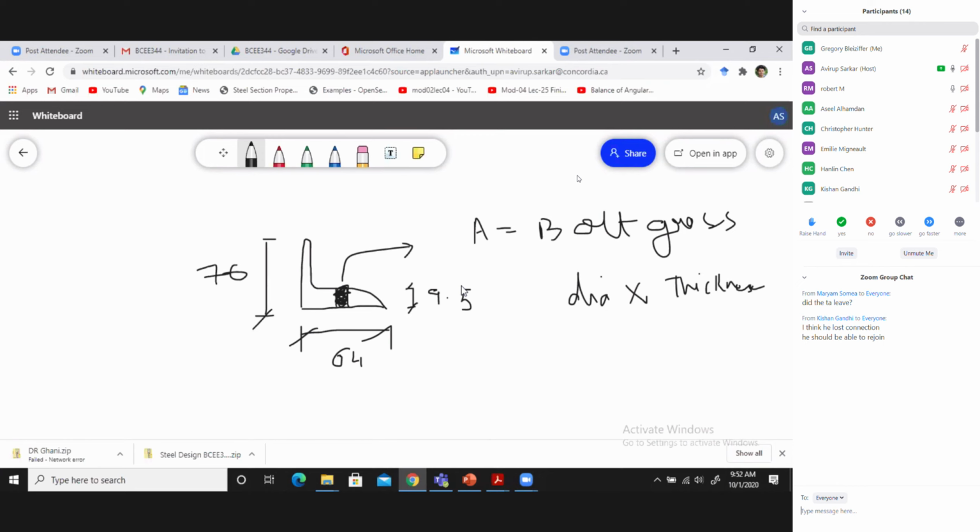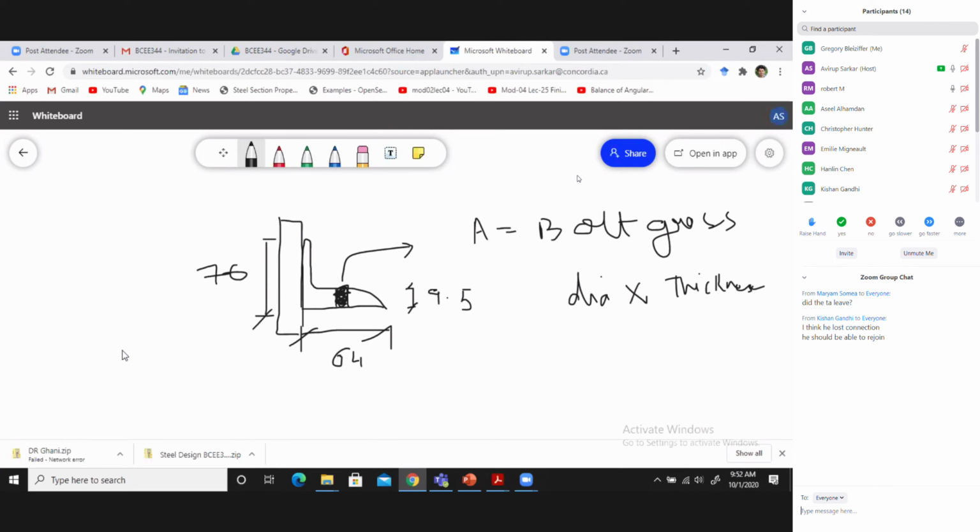So that depends on how you are connecting. Every time we are calculating the area net and area gross, the first thing which is important, which I mentioned today as well, is the configuration. Everything depends on the configuration. Say, for example, if we are connecting two angles back to back, something will be different, and if we are taking one angle, something else, and if you are taking two angles face to face, it depends. So you have to look at the picture for that particular problem and then decide how you are going to reduce the area.